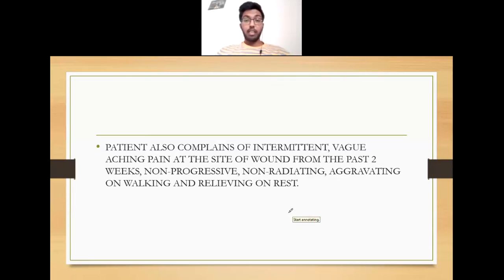And so the ulcer is of 15 years, is it not? 15 days. Yeah. So the pain is from how many days? The same 15 days. So in 15 days you have asked for pain. So what is the importance you want to give to the pain? That's what I am asking.